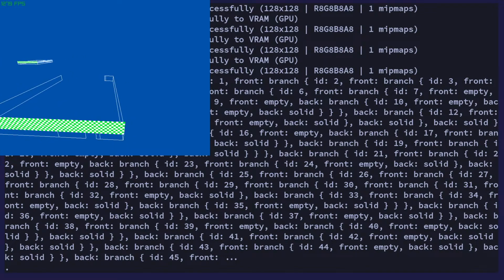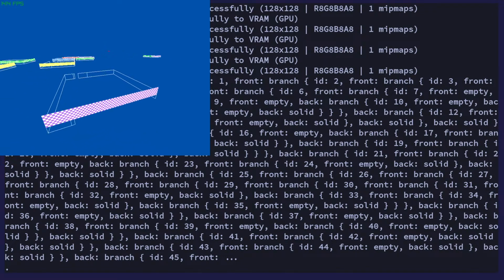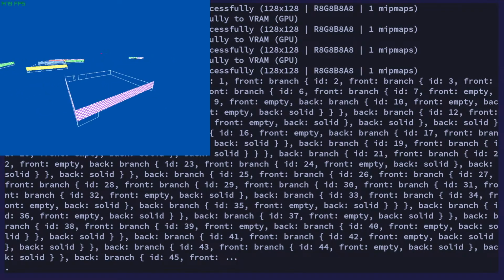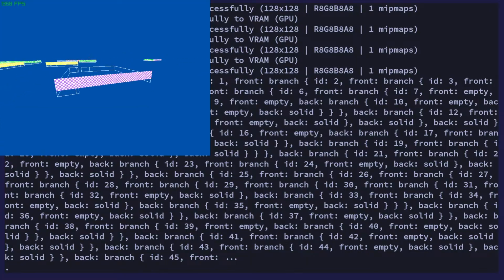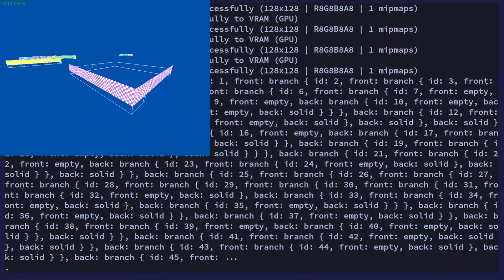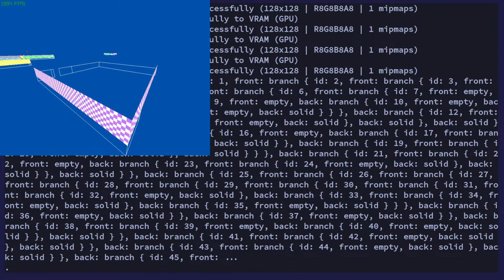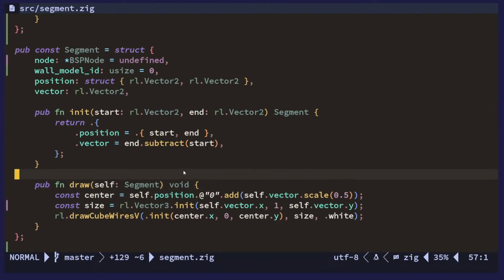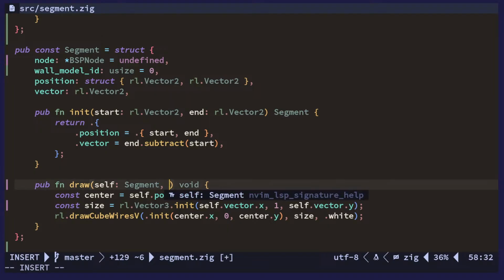Now you can see that it is kind of bugged a little bit. It looks like some segments don't actually exist. I'm not sure if that's actually the case, or if it just looks like that. Okay, so that's the segment. Now I want to draw, and I guess depending on the player position,